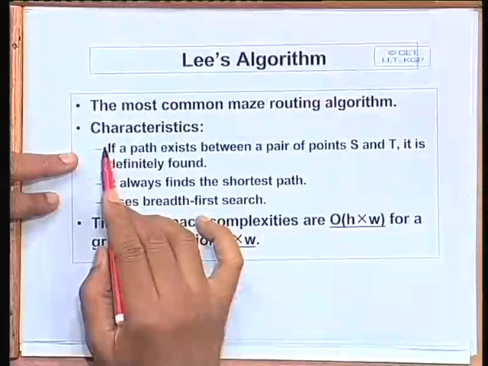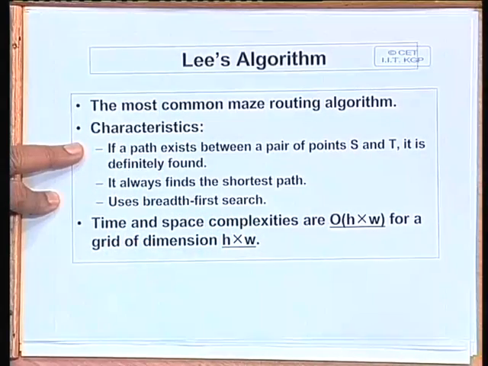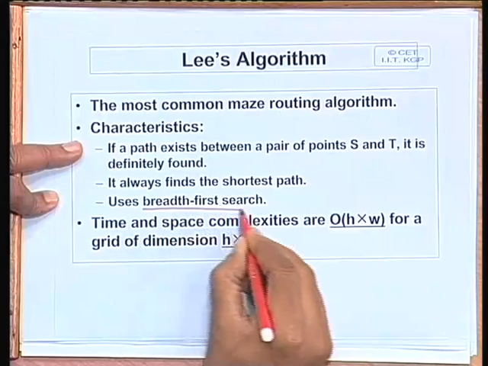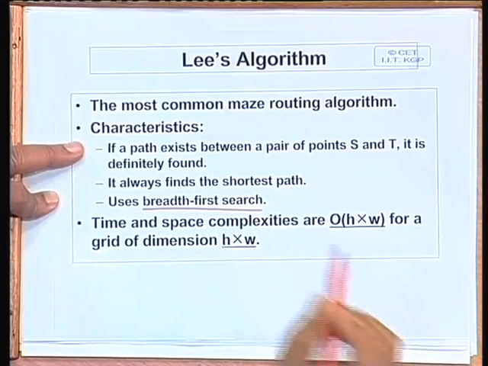So, Lee's algorithm was one of the first algorithms which was proposed. It is a classical algorithm in that sense. Now, some of the characteristics of Lee's algorithm are, well, the first thing is that it is based on a breadth first search strategy,